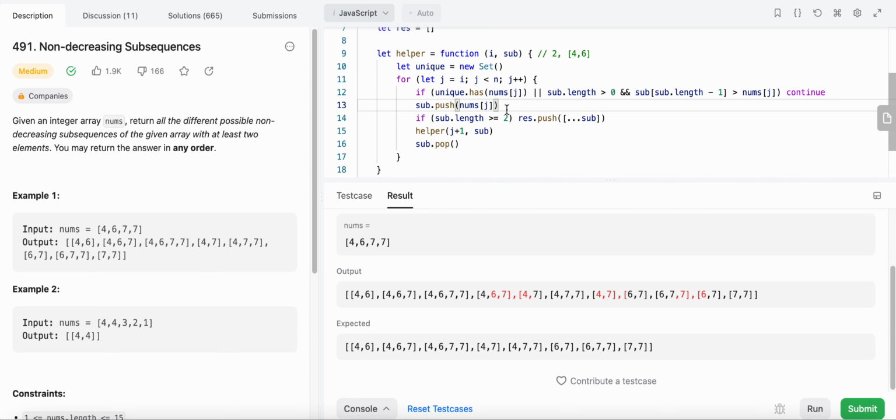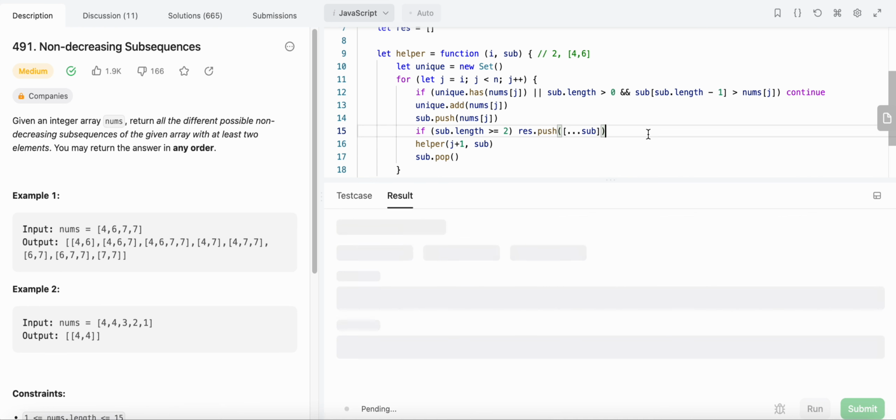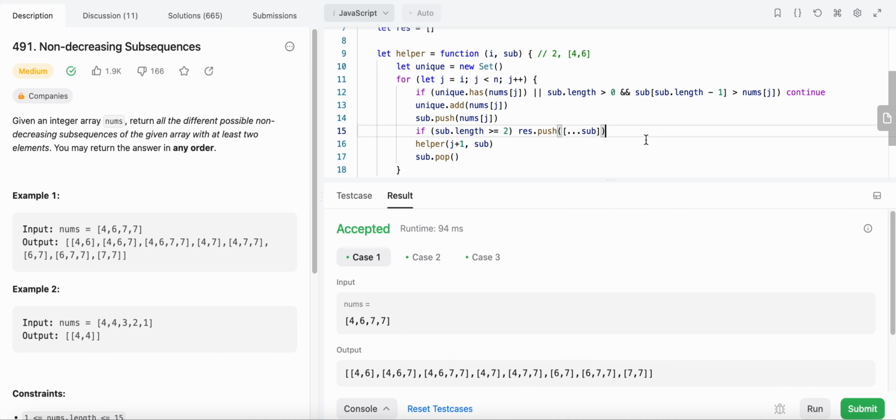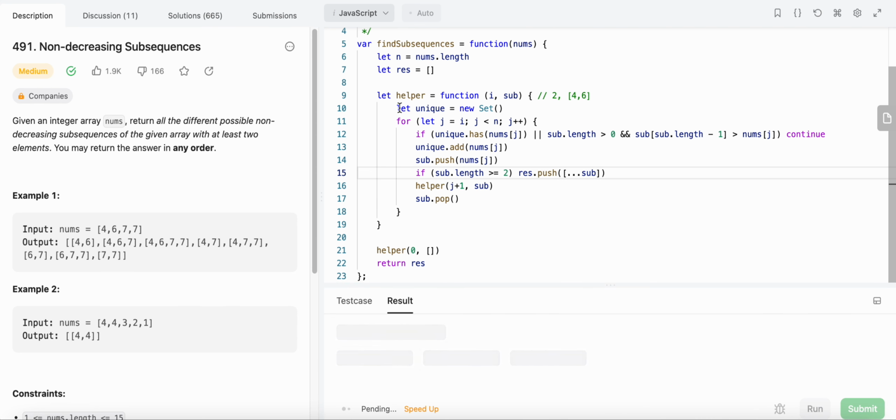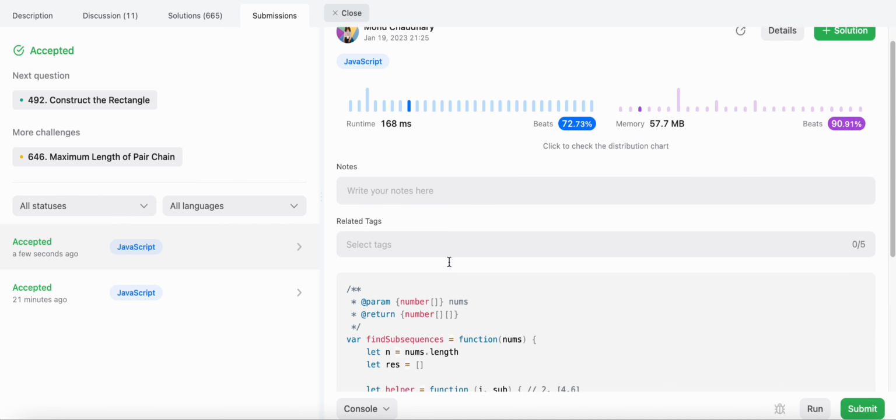All right, so I have this unique value, I defined it and I'm checking the value here, but I'm never adding the value to it. So I actually need to add it for the unique set to work. So I'm adding nums j here. A lot of mistakes I make. Let's submit it. So the time complexity of this solution is